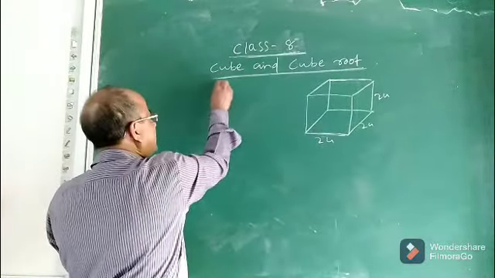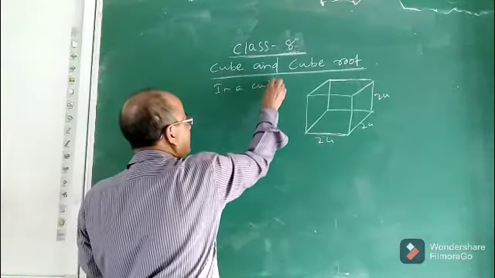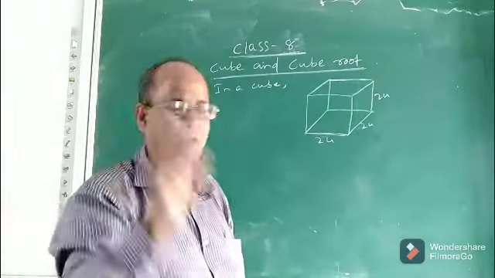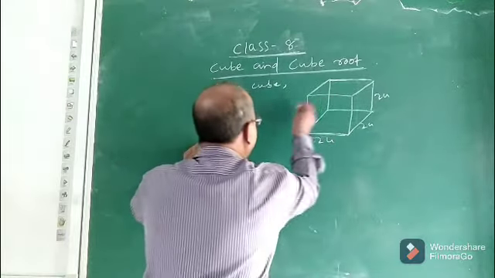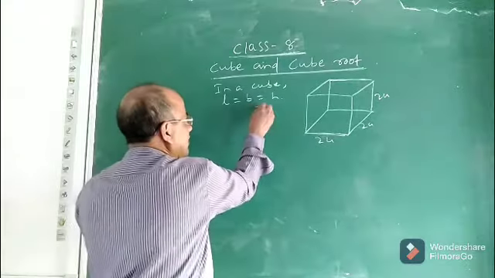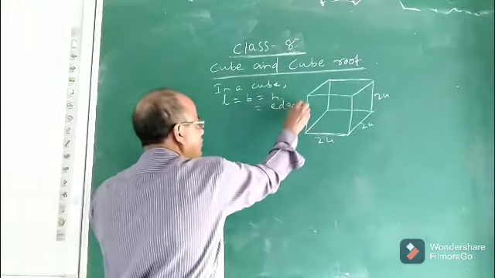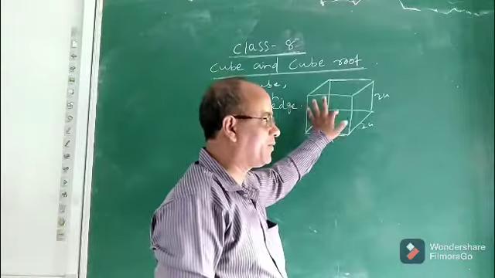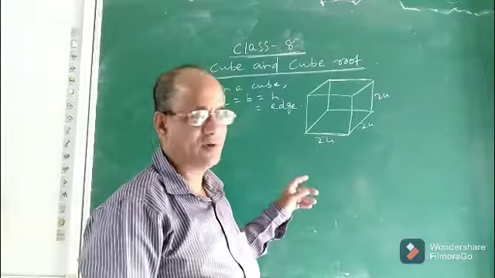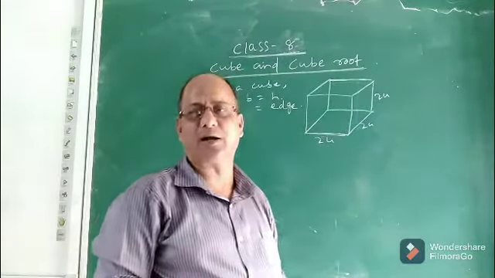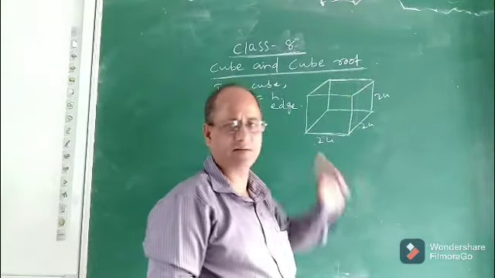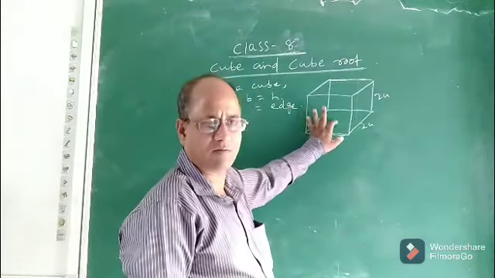In a cube, which is a 3-dimensional solid, 3-dimensional means having 3 dimensions: length, breadth and height. In a cube, all the 3 dimensions, that is length, breadth and height, are equal, and it is known as the edge of the cube. Now, if I ask you what is the volume of this cube, you can easily answer. What is the formula? You know in junior classes, the formula for volume of a cube is length into breadth into height. If we multiply the length, breadth and the height, we will get the volume of the cube.